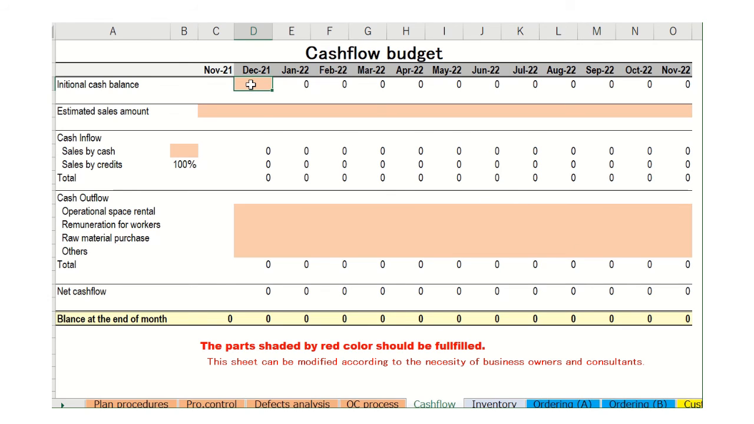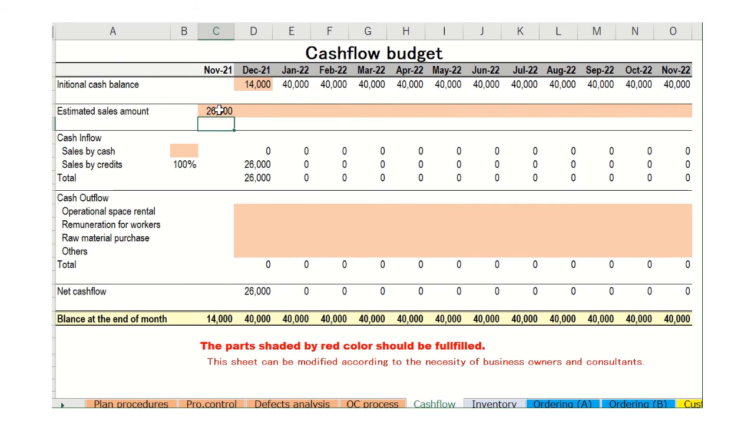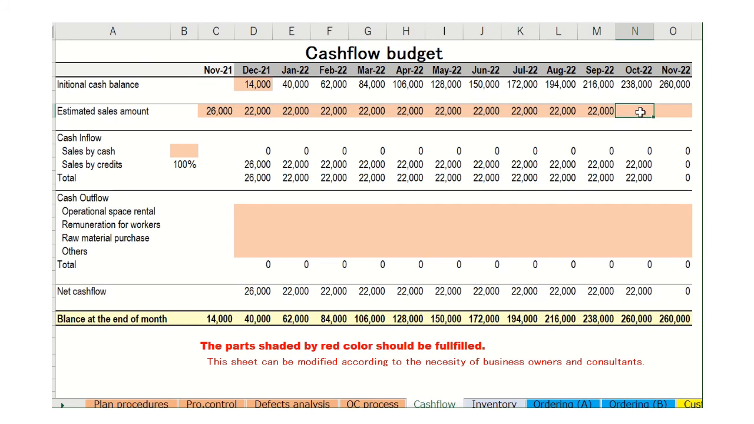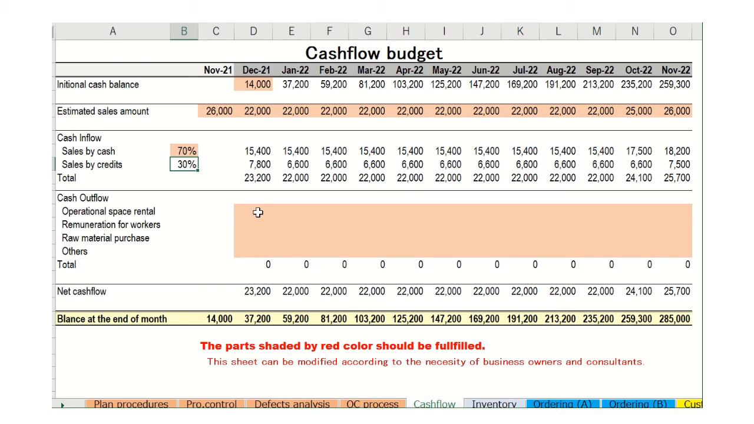Supposing that an enterprise has 14,000 worth of cash balance at the beginning of the budget, had sales of 26,000 worth in the last month, is expected to have 22,000 worth of monthly sales, etc., and the percentage of sales by cash is 70%. Estimated cash inflow can be calculated automatically as presented in this slide. Then, when a company should pay